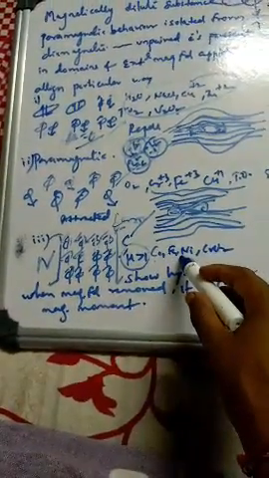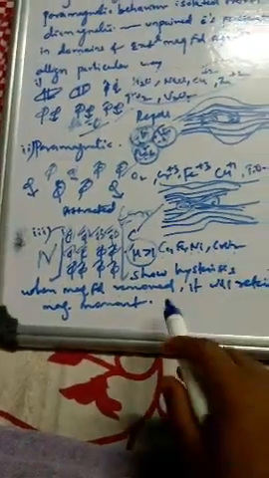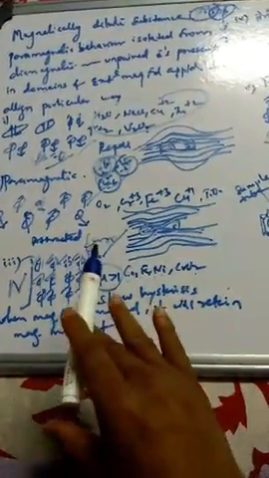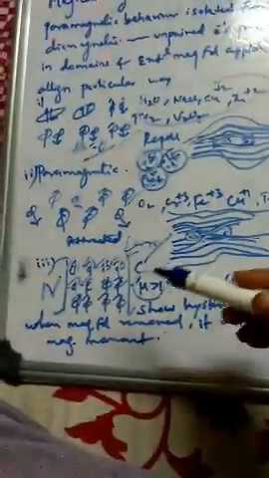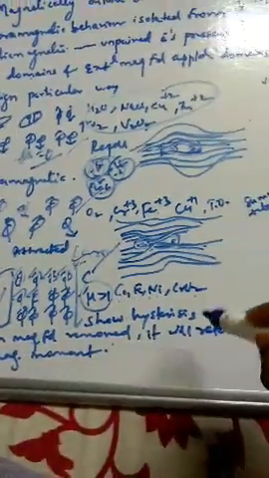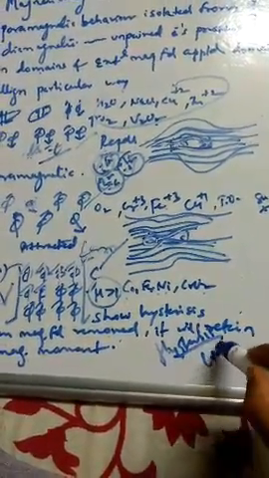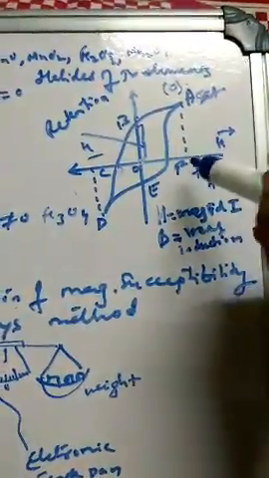Examples: copper, iron, nickel, chromium. These are examples of ferromagnetic, and the main property is that when the magnetic field is removed, they retain the magnetic field. They will not lose the magnetism. This is one characteristic, and that's why ferromagnetic materials show a hysteresis loop. What is this hysteresis? In physics we have learned this. This is the hysteresis loop you see here. This type of loop is shown by ferromagnetic materials. See here how nice it is.